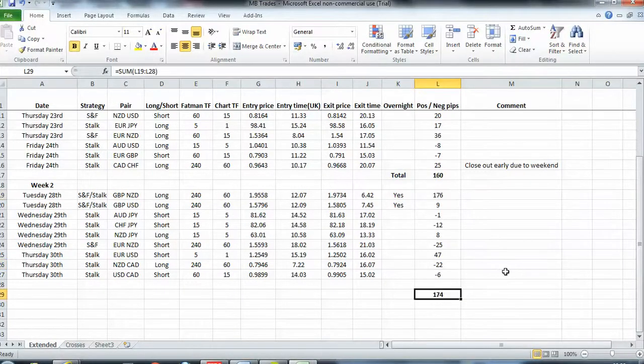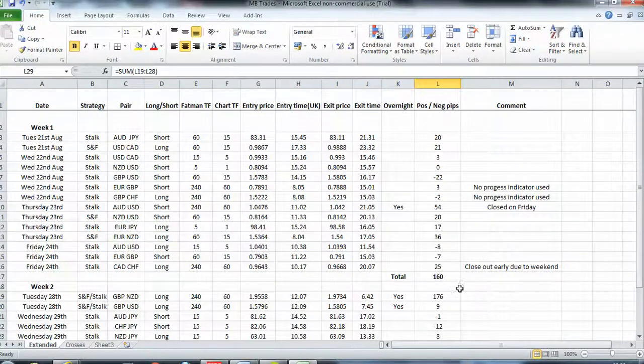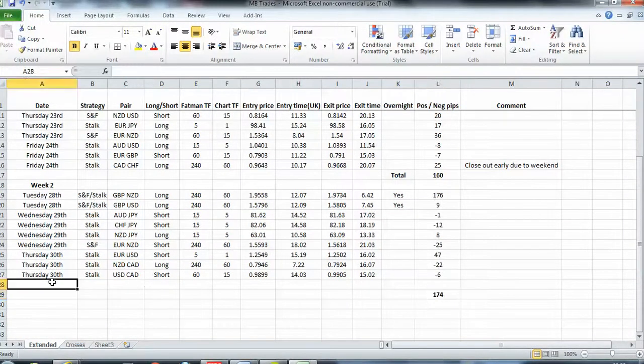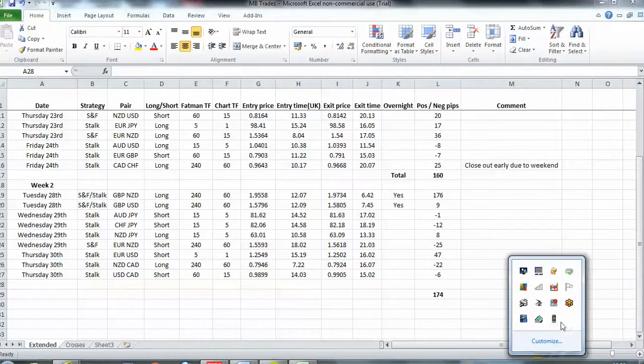So we're 174 up for the week. This week we did 160 last week. And we've still got this morning's trading room to go, so hopefully I'll see some of you in today. That's Friday's trading room, and I'll do a summary